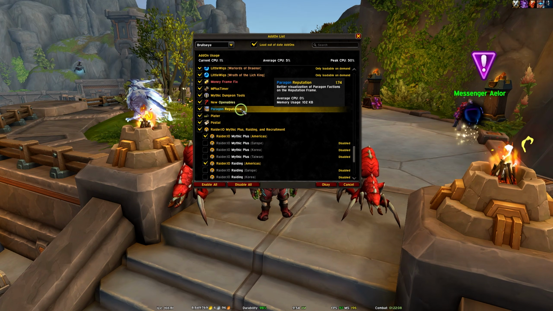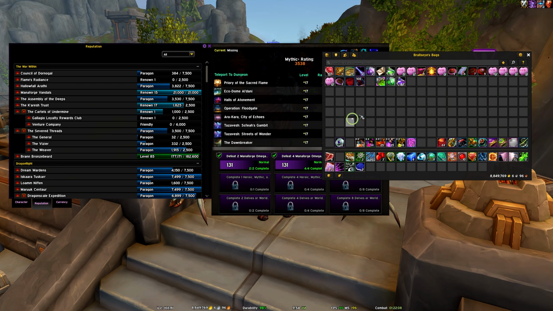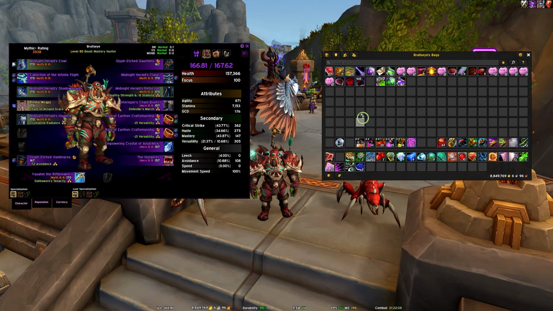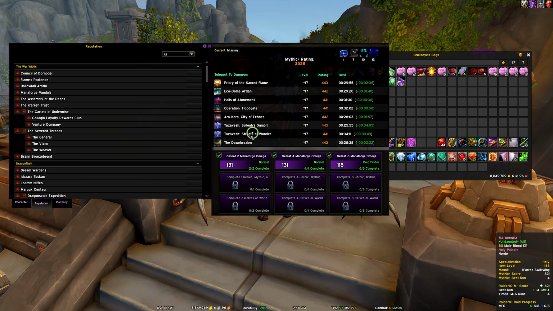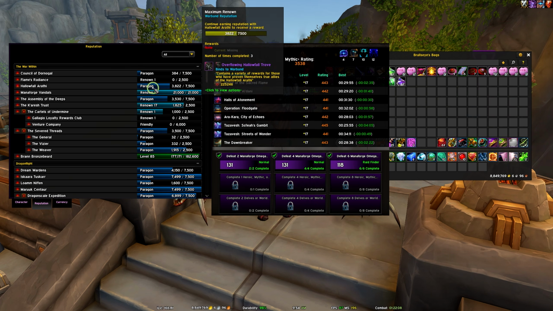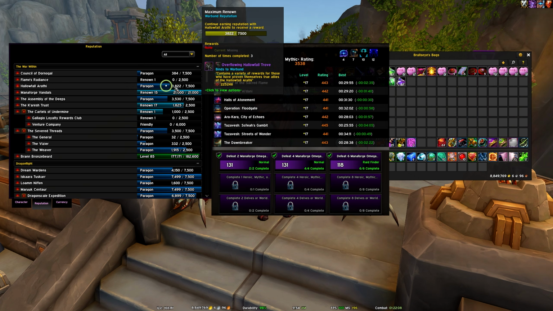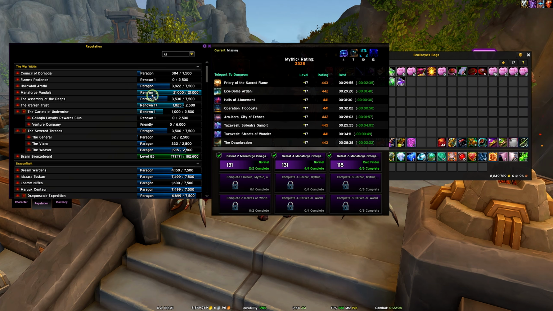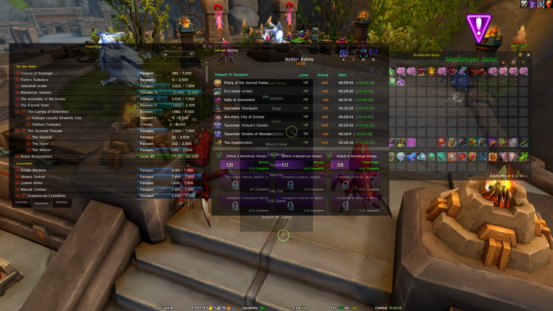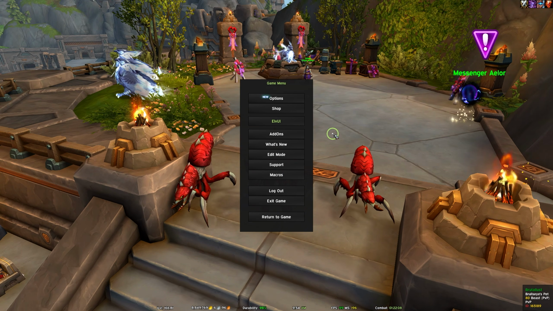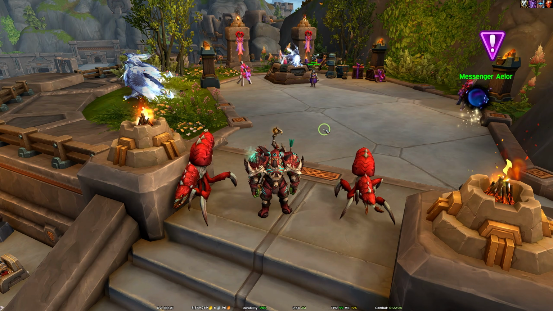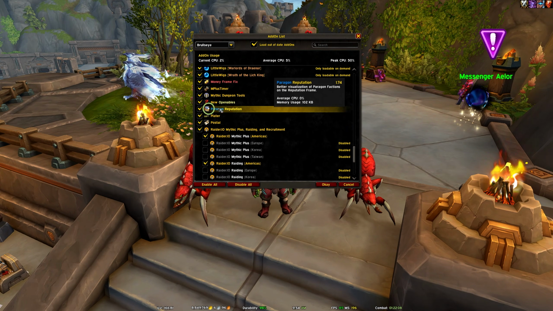All right, Paragon Reputation. What does this do at this point in time? Here, actually, let me open this up, close my Mythic Plus panel there, go into Reputation. Okay, well, whatever. This is opening up with Reputation for whatever reason. But if you go into Reputations here, I think it displays whenever you're at max Paragon or max rank. That way you can keep track of when you're getting Paragon boxes and stuff like that. I'll be honest, I haven't used this in a while, but it's something I carried over from my War Within UI and worked well then, and I'm sure it'll work well in Midnight. I'm not really chasing reputation, so I haven't thought about it in a long time.